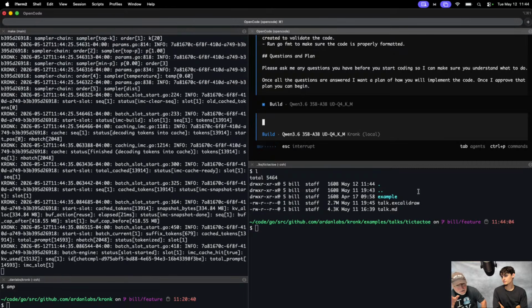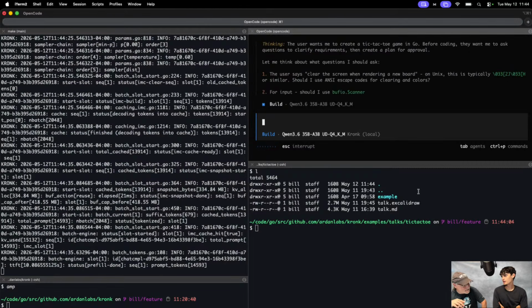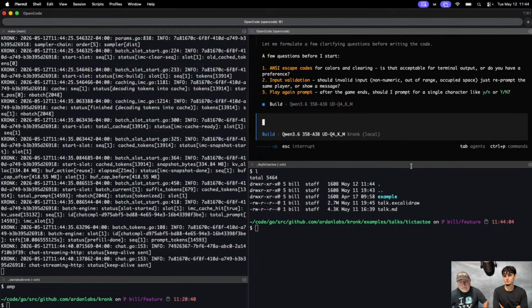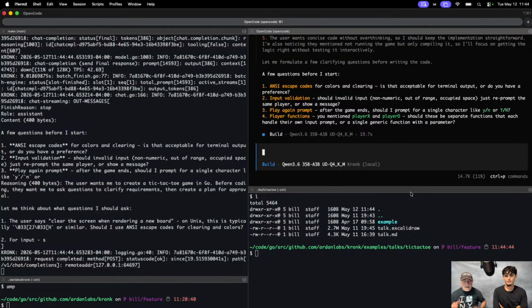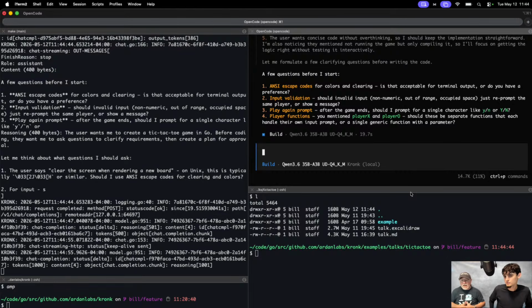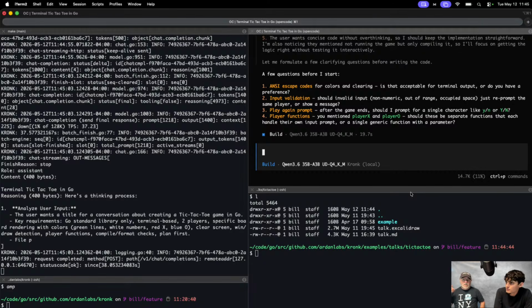JavaScript and TypeScript, you saw that Asteroids game. And that was this model. This is the only model I use right now. The dense model isn't any better, and it's slower. And Gemma 4 isn't as good as the Qwen 3.6 for coding. It just isn't. I mean, it's good, but it's not as good as this Chinese model. Now that I've got the other machines inside, the one with 256, there's a Mistral coding model that I want to run on there, because I've got enough memory with the right KV cache. It'll be interesting to see what that model does.